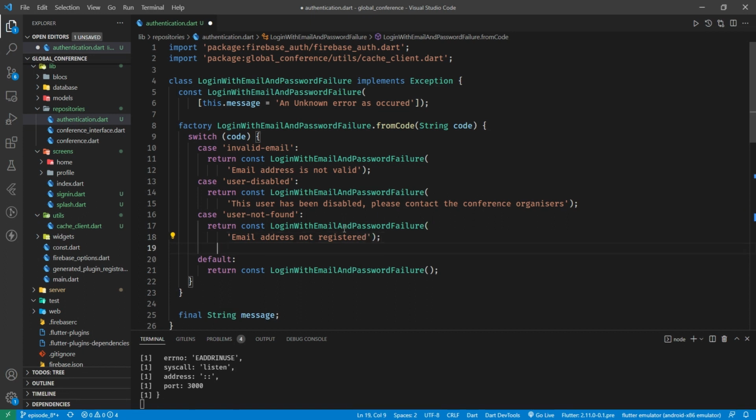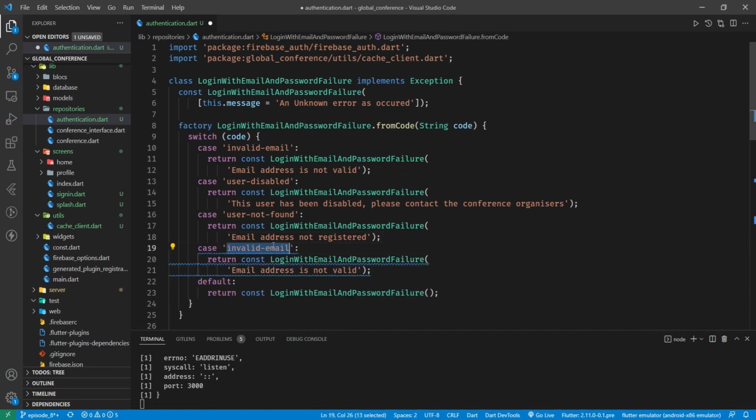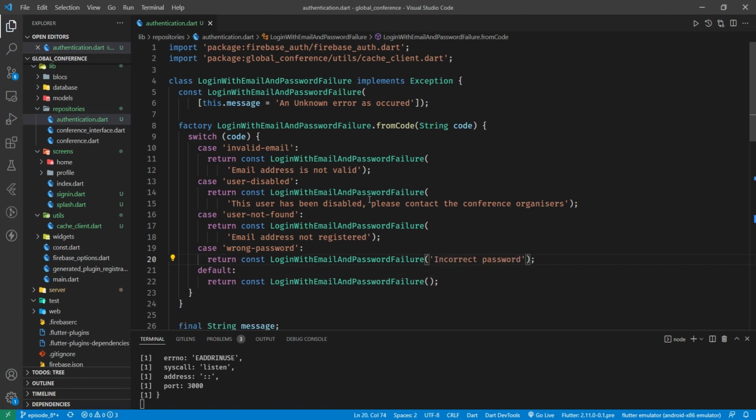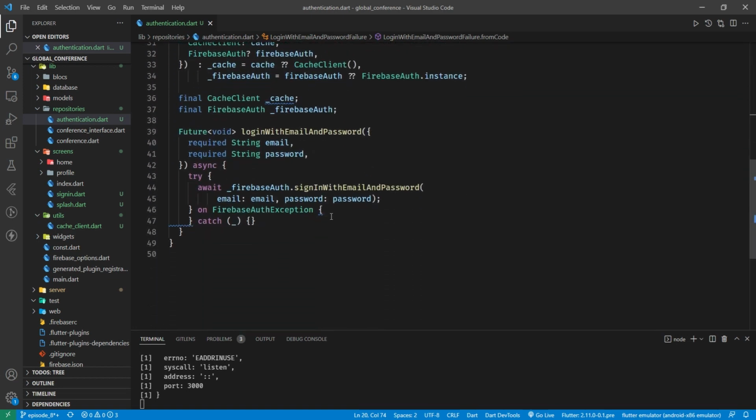And then the final one we're going to handle, which without a default error message, is going to be wrong password. And we'll just say "Incorrect password." All right, so that's it. So coming back down here, when we have a Firebase exception, it's taken out a bit of code that I put in. That's the auto formatting for you. We're going to catch that error